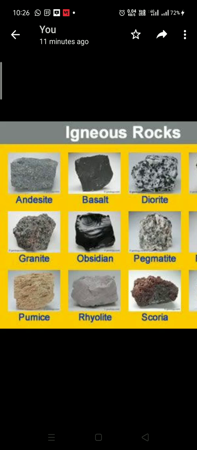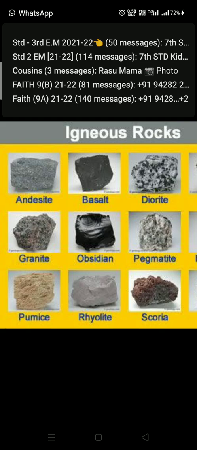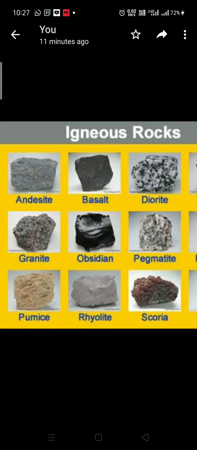And the rocks which are found after digging the crust inside the earth are called intrusive igneous rocks. The example is granite tiles. Nowadays, for making kitchen platforms and all, we use granite. Granite comes in different colors, blue, black, brown. So granites are an example of intrusive rocks because they are in the interior of the earth. An extrusive igneous rock example is basalt.